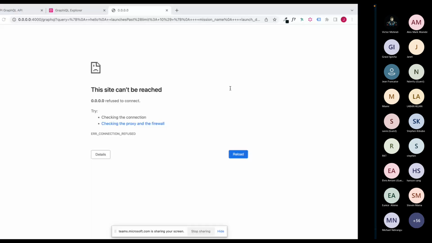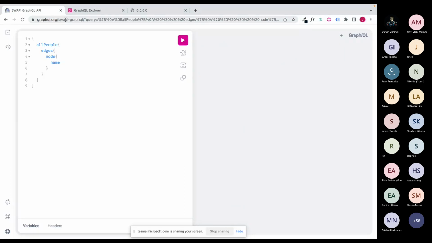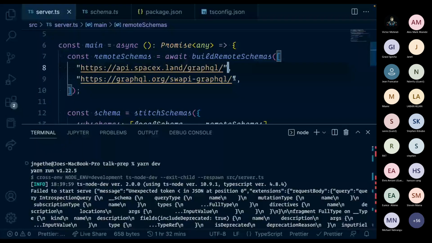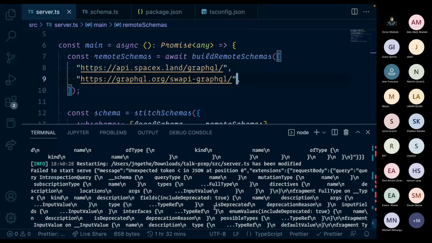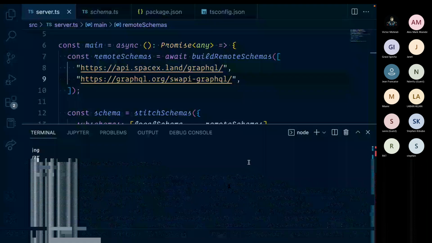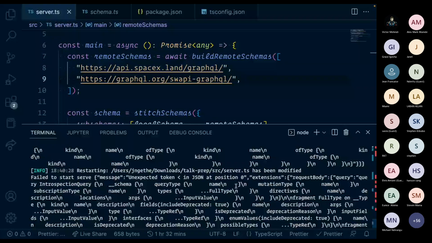I'm not sure. Let's see. Something going on with the API.